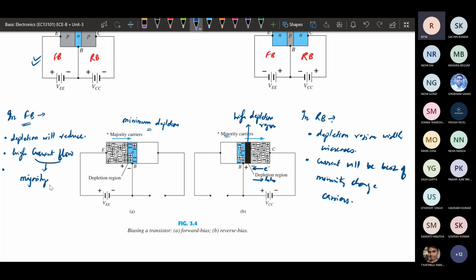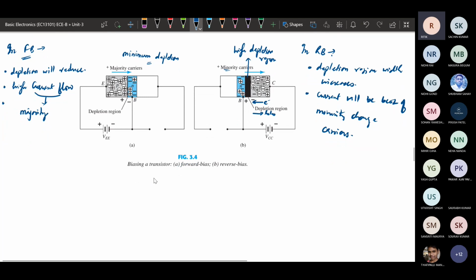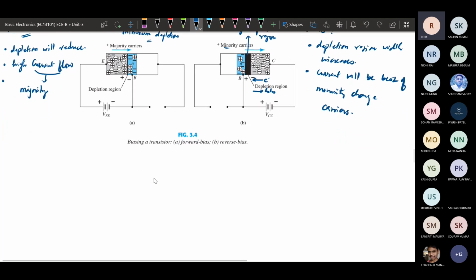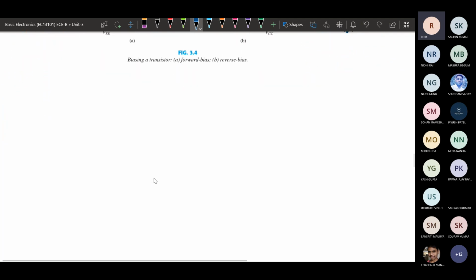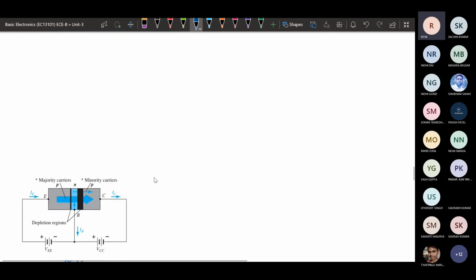So we have gone through the separate operation in the reverse bias and forward bias cases. Once we have gone through the separate operations, we will combine these two. So this is forward bias and this is reverse bias.